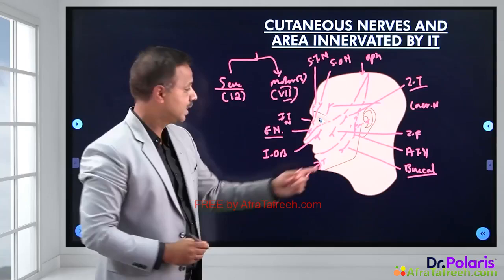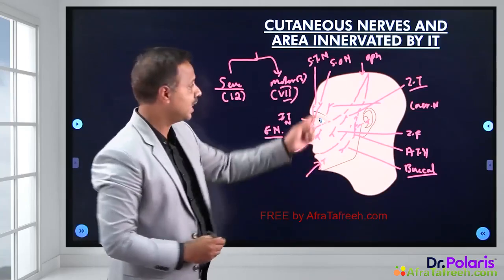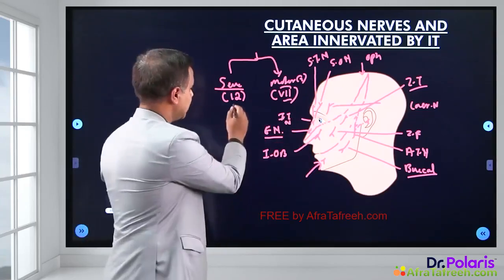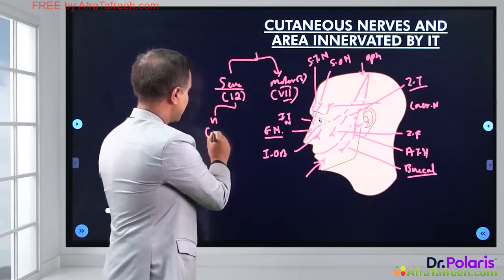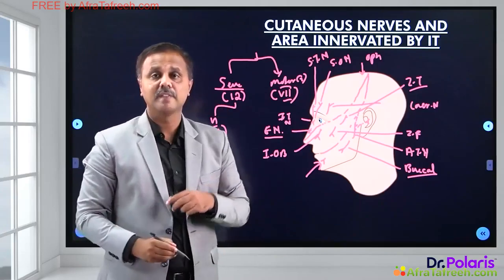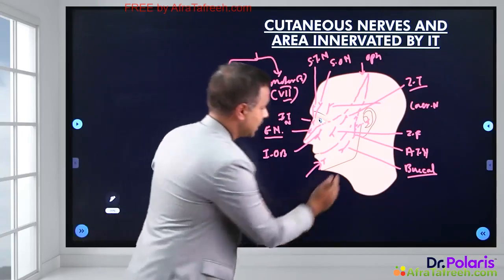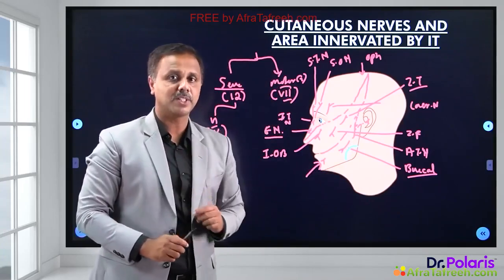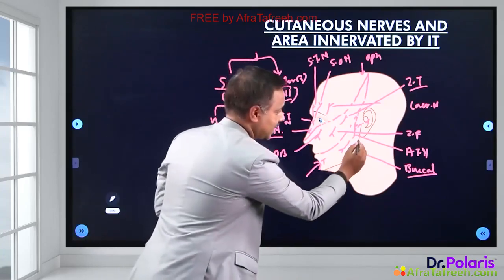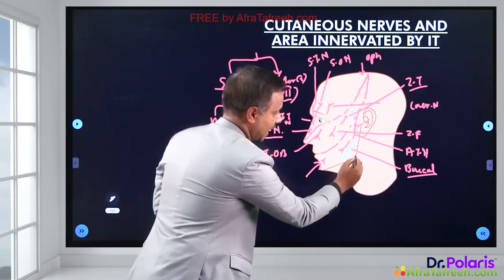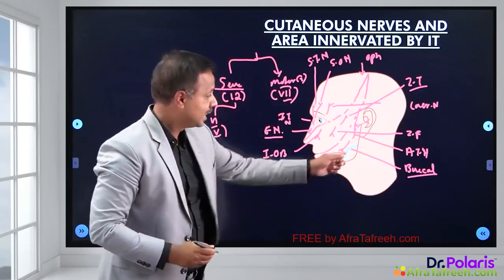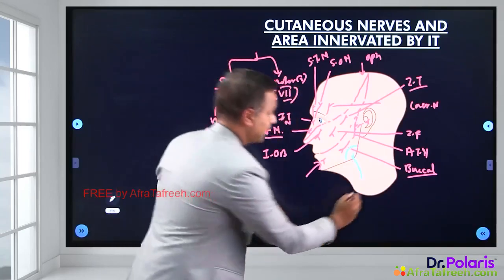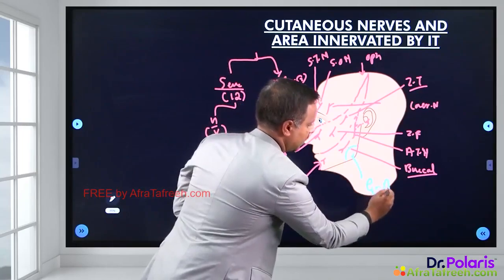So how many nerves do we have? 3 from mandibular, 3 from maxillary and 5 from what division? Ophthalmic division. So totally we have how many nerves? 11 nerves, all of which are coming from the trigeminal nerve. Which is the 12th nerve then? As I said earlier, there is one small zone over the angle of the mandible. Can you tell me what is angle of the mandible? Angle of the mandible is the area which is representing fusion of the ramus and the base. This area is supplied by a separate nerve from cervical plexus and we refer to this as the greater auricular